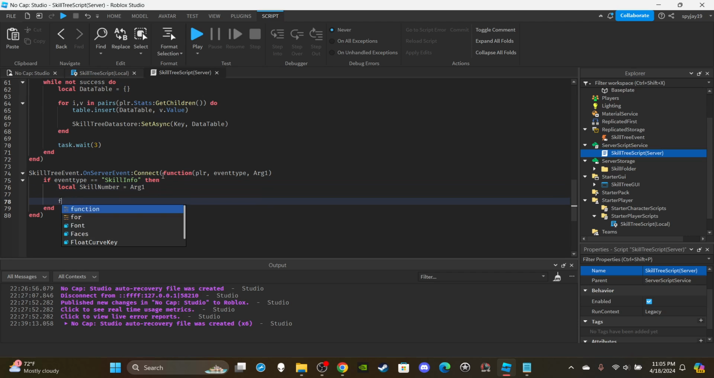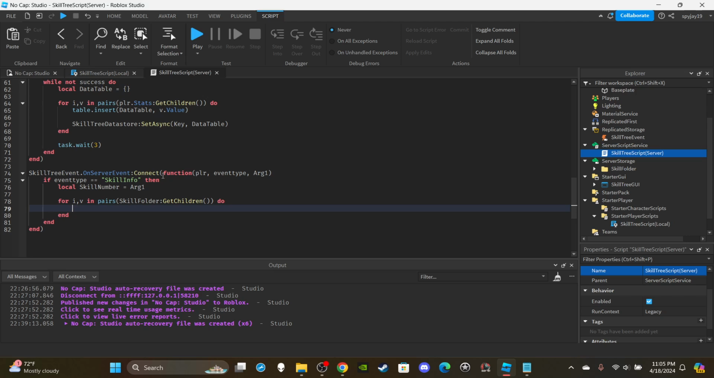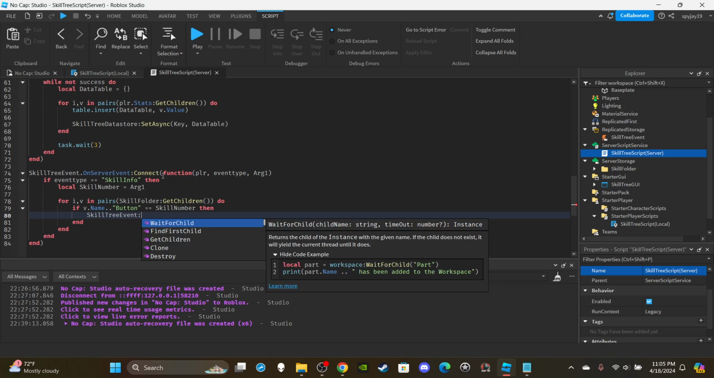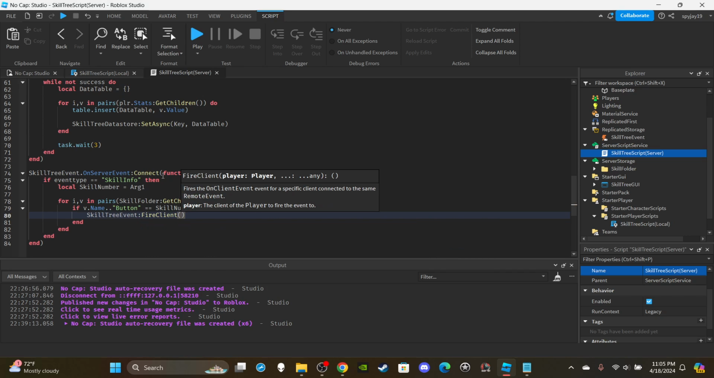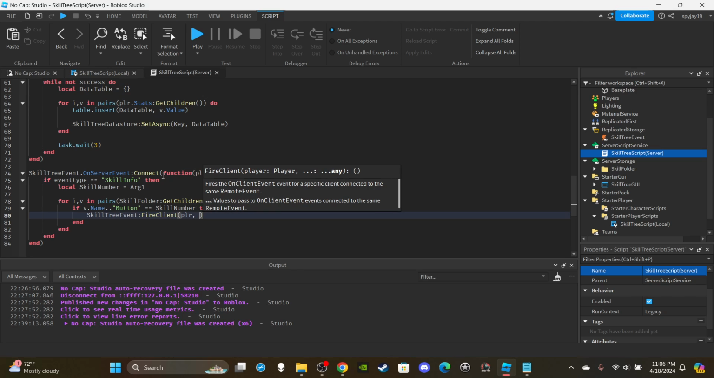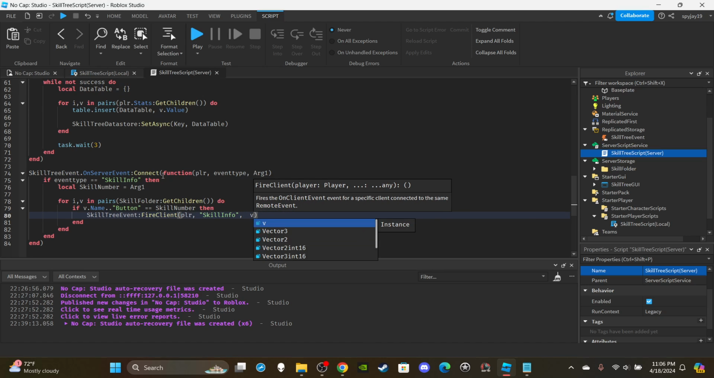Then I'm going to use a for I loop. I'm going to say for I comma v in pairs, I'm going to say skill folder get children, enter. I'm going to say if v.name quotation marks button, right, is equal to skill number, enter. Then I'm going to say skill tree event buyer client singular, buyer to the player, comma the name of the event will be skill info, same as the server side one. Then comma you're going to send over the